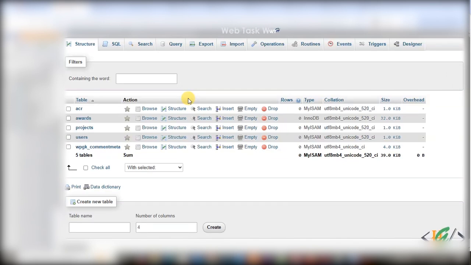Bismillahirrahmanirrahim. Assalamu alaikum. My name is Hassan and today we are going to change storage engine for tables in database